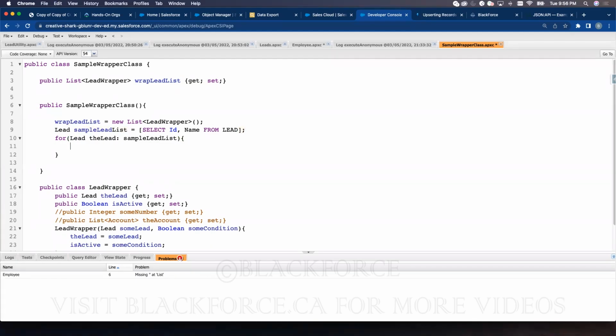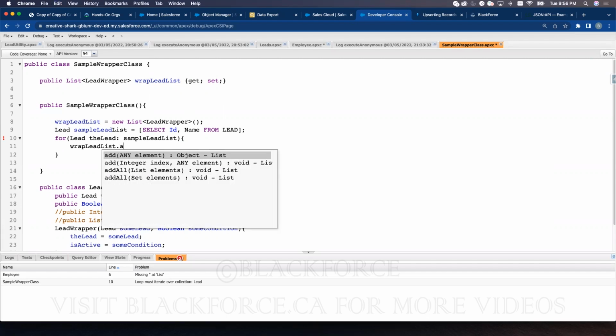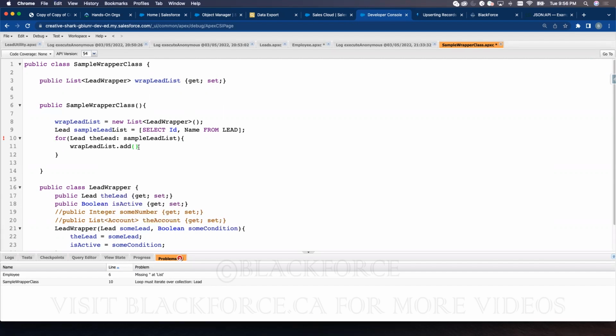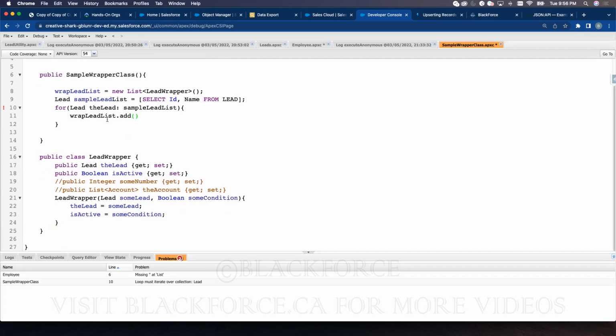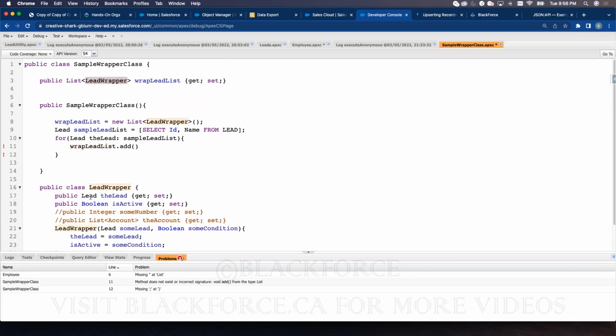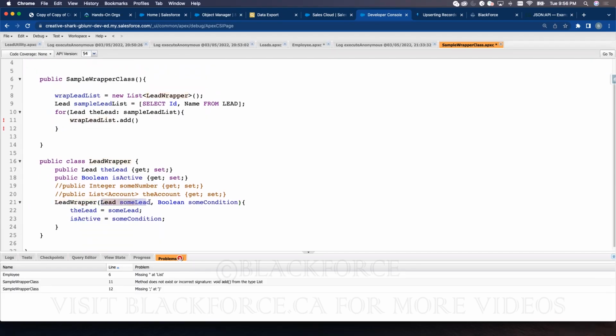So when I'm looping through the lead, I want to be able to store the value I'm getting inside this wrapper lead list. So what is the way to store value inside this lead wrapper? I need a lead and I need a boolean, okay? So all I just need to do is new lead wrapper, which is the lead,